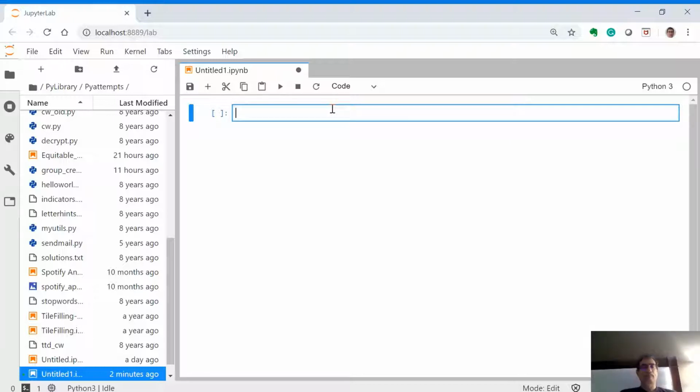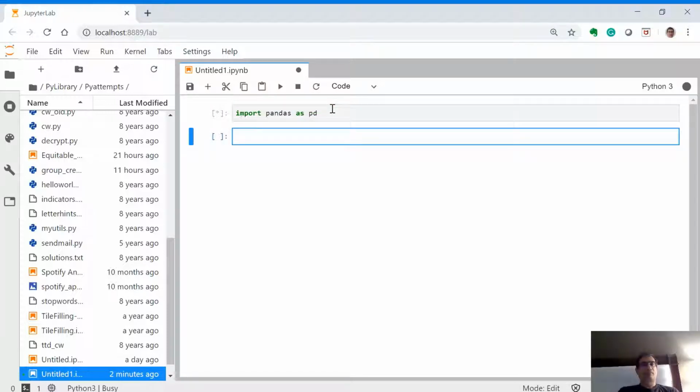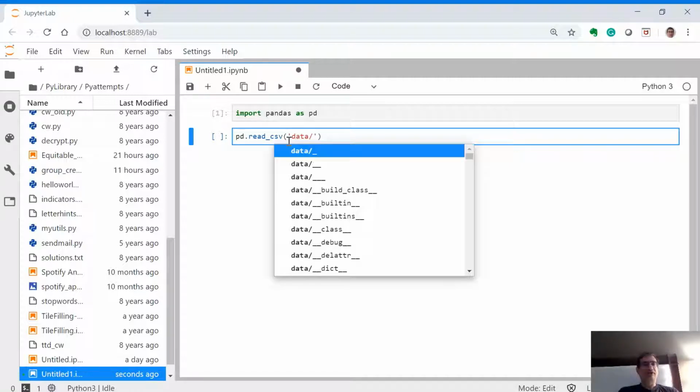Okay, so the first thing we have to do is to import some libraries. And I'll show your dad how to get this set up so that you can use all these same libraries that I'm using. When you import a library, all the library functions become available to us. So one of them is pd, the short form for pandas, read_csv. Then I've stored your file in a location called data,